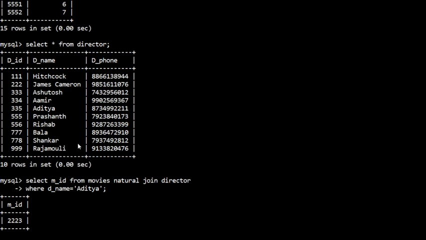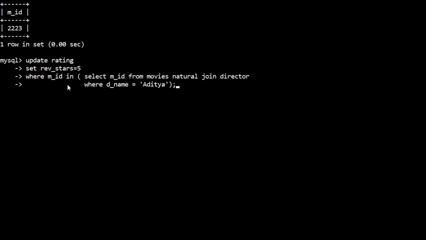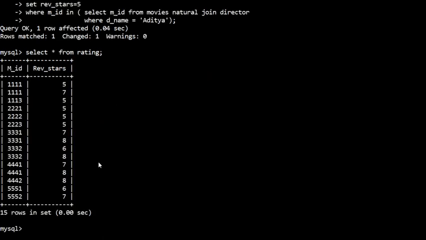Earlier you saw that for 2223 it is 8. Now it says query OK, one row affected. That means it is now modified. Again we'll see the updated content from the rating table. So the rating of this movie is changed to 5.